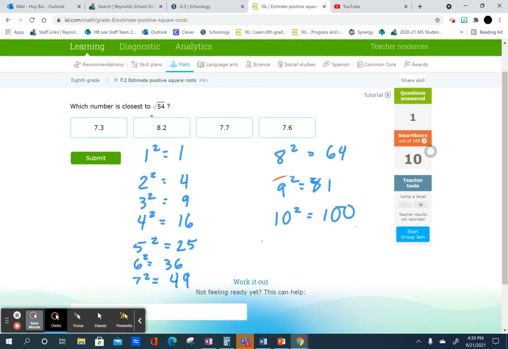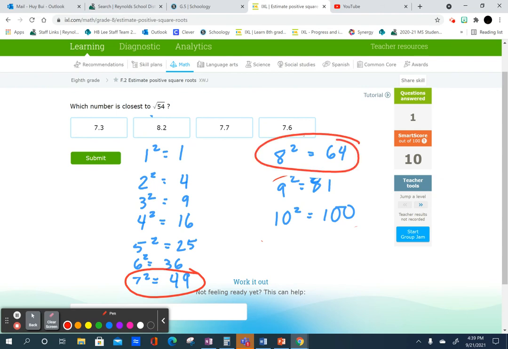And we look at our list right here. 54 is right in between 7 here and 8 there. Okay, because 54 is between 49 and 64. So where is that 54 closer to? It's going to be closer to 49 because it's only